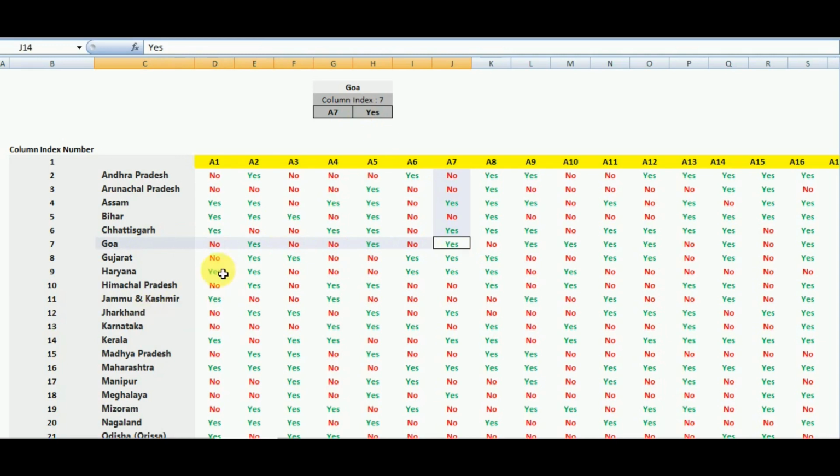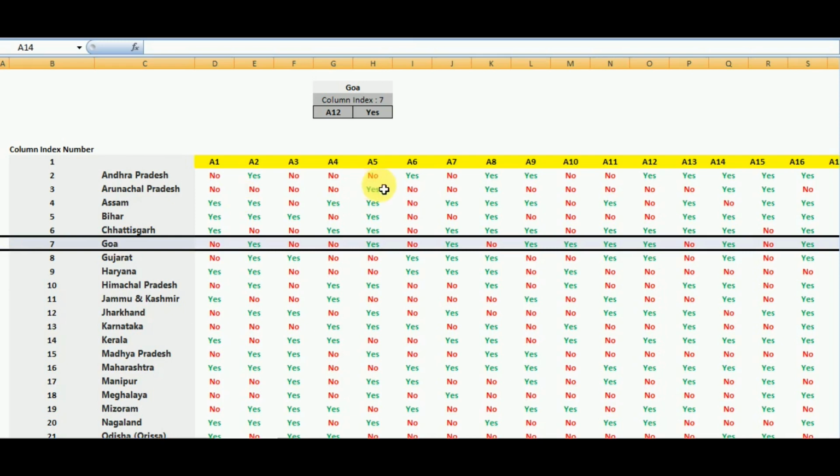Now how does the HLOOKUP command do this? We need to understand the very basics. This command might seem very easy, and it is very easy, but when it is implemented in a very advanced form, it becomes very useful. So we must have very good clarity about the basics, which we will achieve through this video.